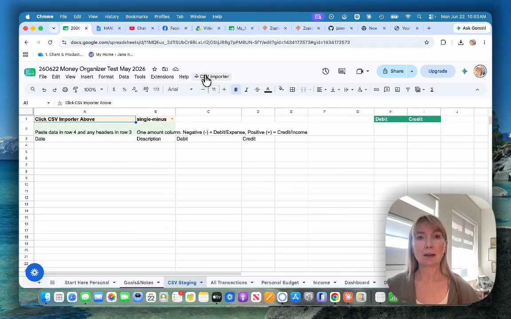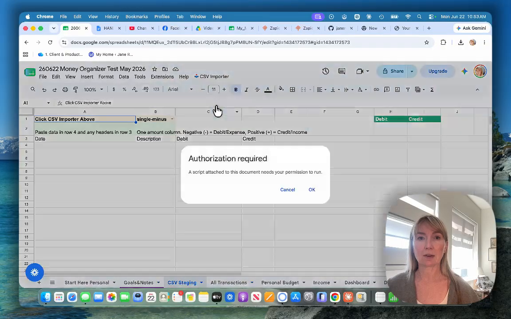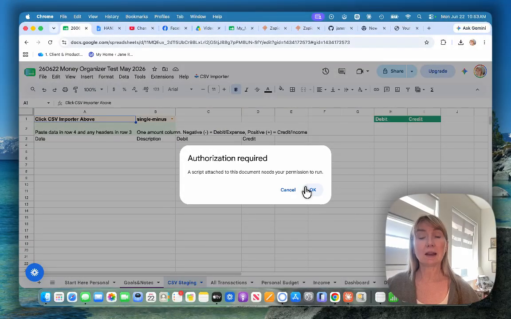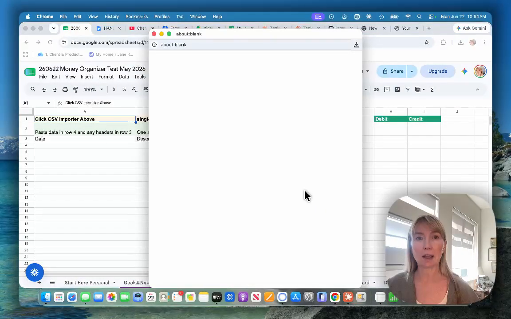When you click on this CSV Importer, this is the app that I designed to help bring in CSVs from all different types of bank accounts, regardless of the way that they're set up. So we're going to click on this CSV Importer and click on Import Transactions. And because this is the first time that it has been used by me since I downloaded it, just like I was a new purchaser, you need to give permission to run it. And you're just going to say okay,